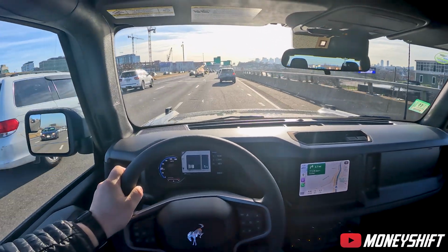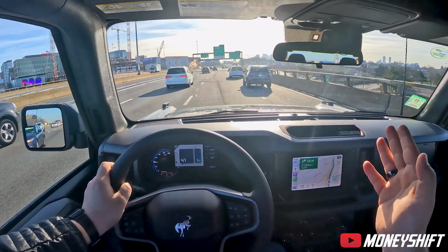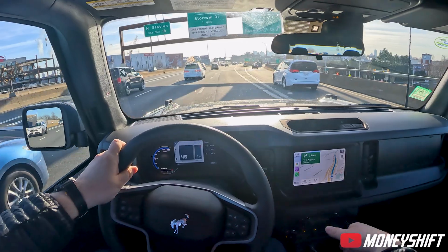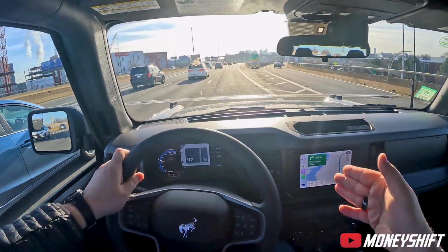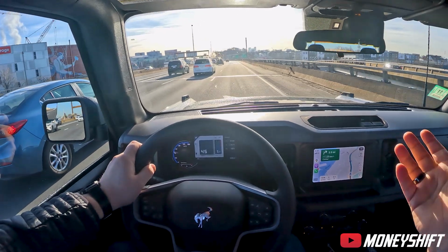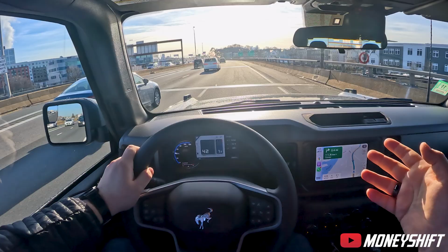35 miles an hour in 5th gear, which means realistically I could have just braked from that 60 mile an hour that I was doing to that 35, kept it in 5th, and because of the torque in this engine, you would have been just fine. So you wouldn't have had to switch gears at all. I'm just doing it because of overkill, and it doesn't bother me, but that is something to keep in mind